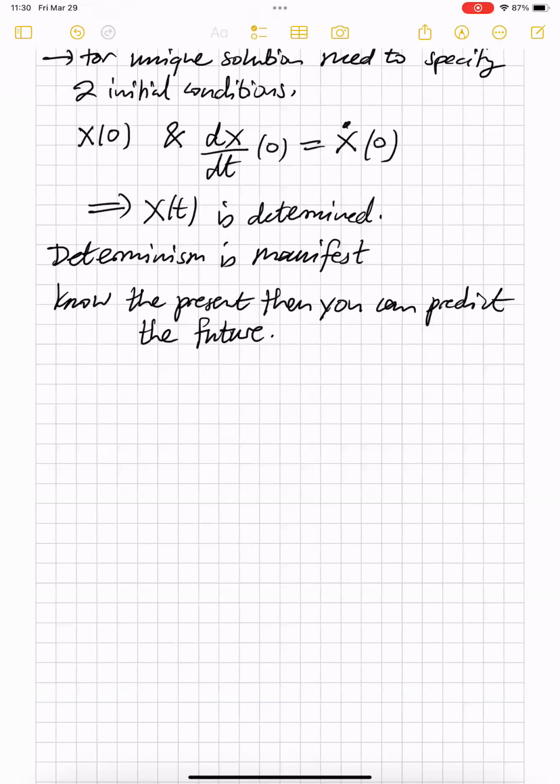Okay, so now we want to move on to Lagrangian mechanics. So what is the idea in Lagrangian mechanics? Well, let me start off by